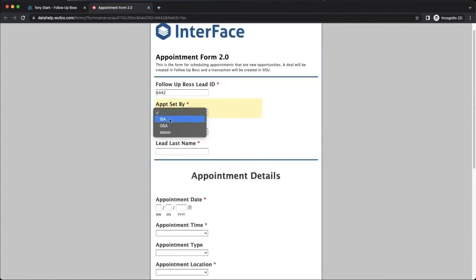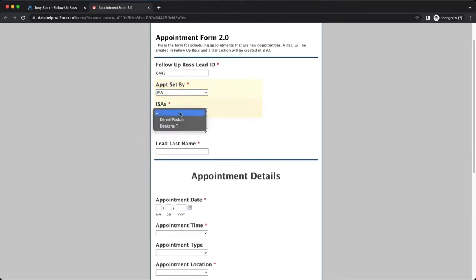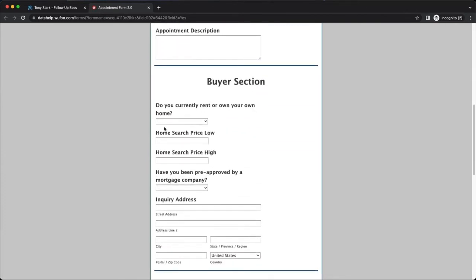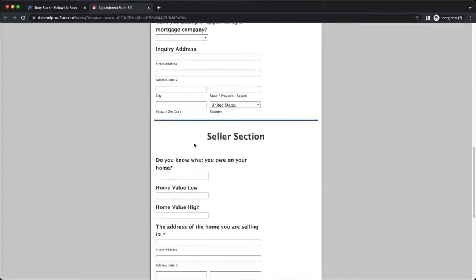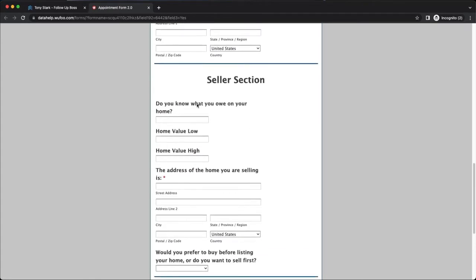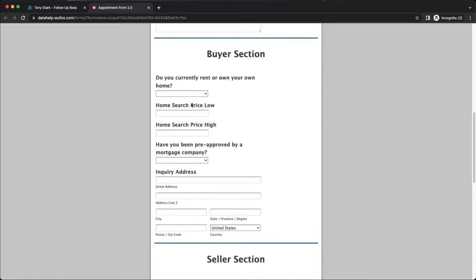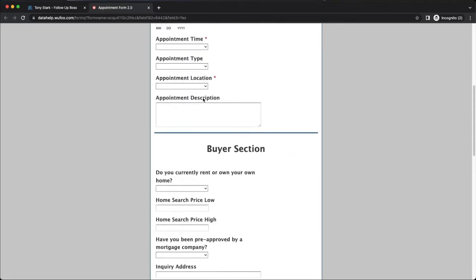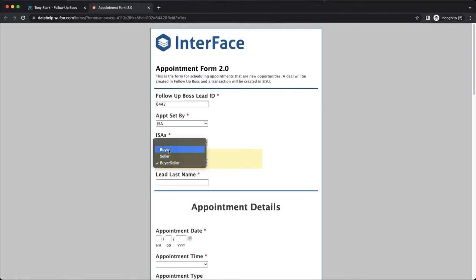So appointment set by, so we can do ISA, OSA, or admin. So we'll do ISA. And select your ISA. Lead type with buyer, seller, and buyer-seller. So these control additional sections. So there's a buyer section with buyer-related questions, seller section with seller-related questions, and you can customize these sections with whatever questions or fields you want. So for now, we'll just do buyer,